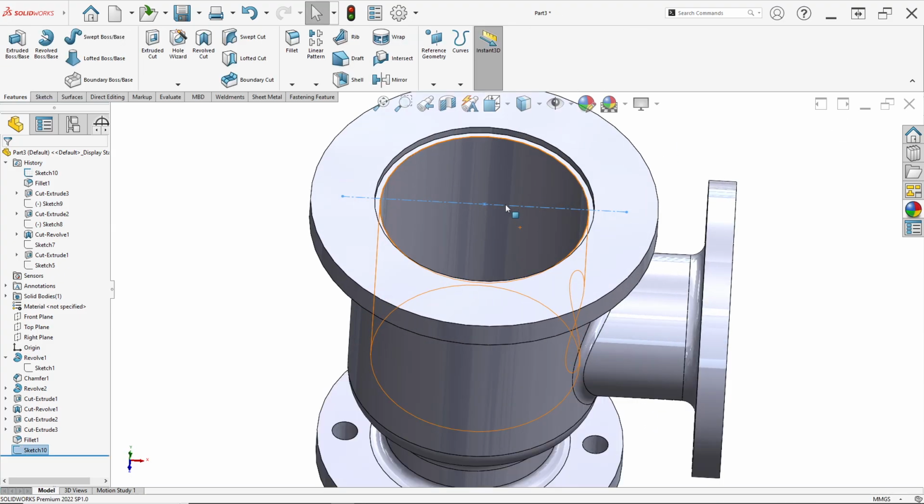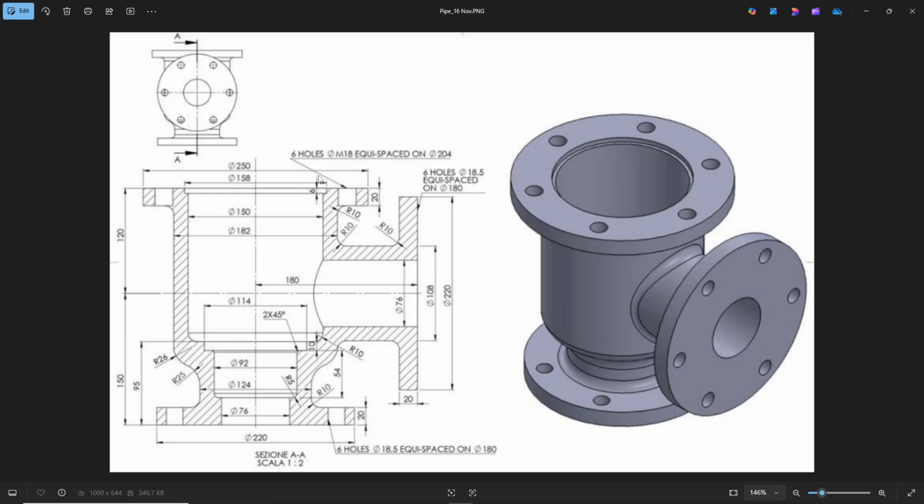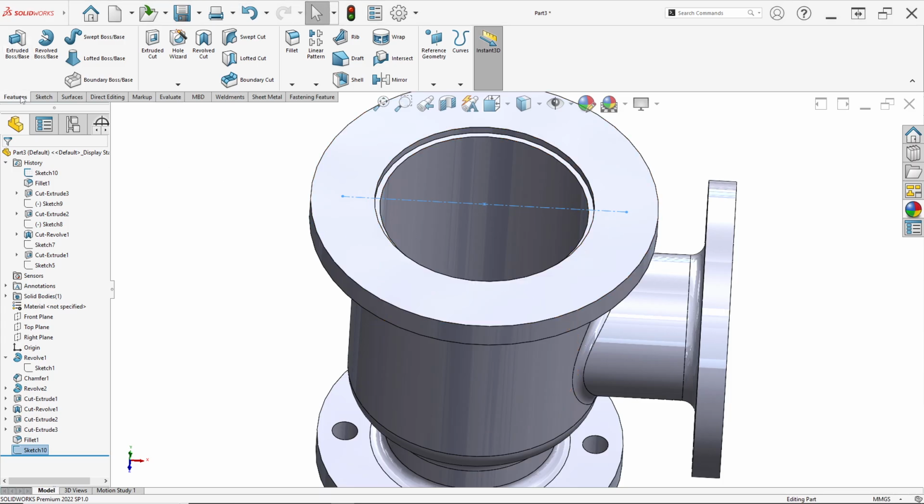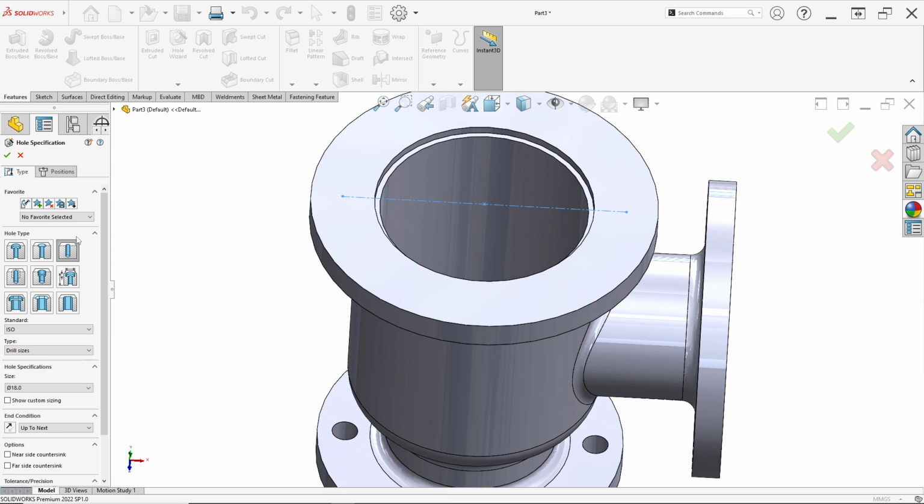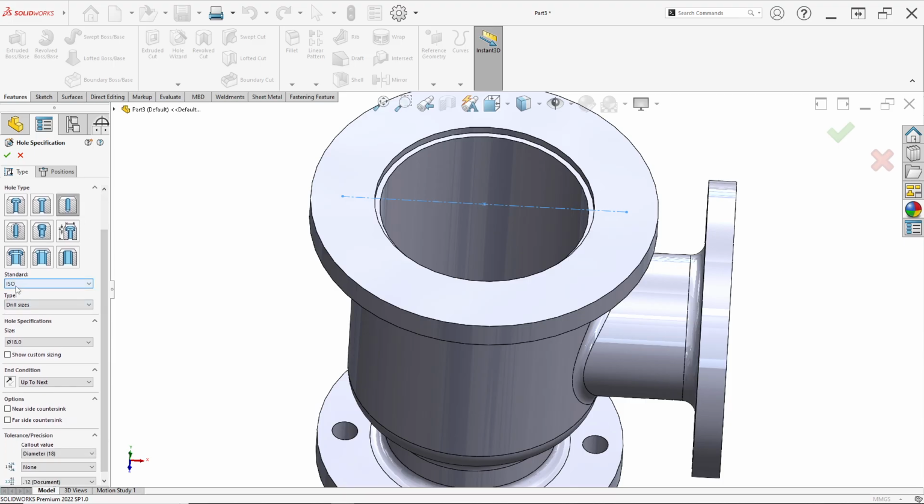Here we don't use extrude cut because here we have diameter M18, so we use a feature named hole wizard. Click hole wizard, and for hole type just click hole. For standard here I use ISO, and for type we use drill size.